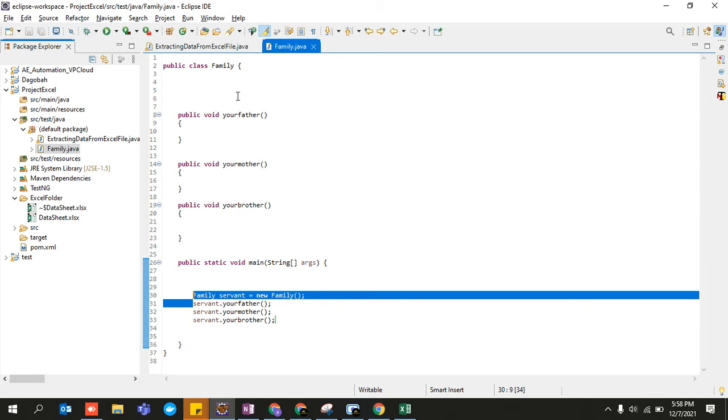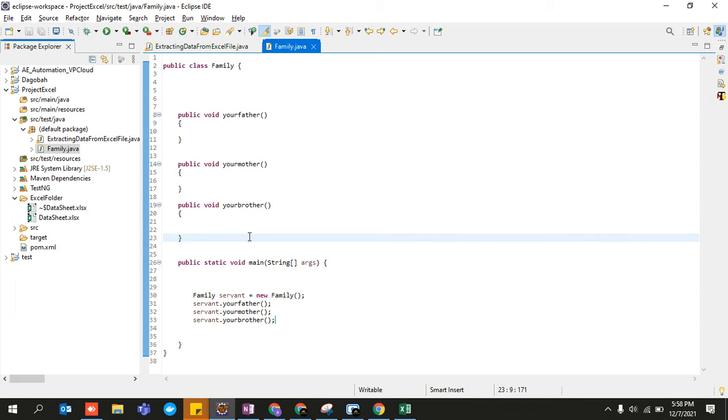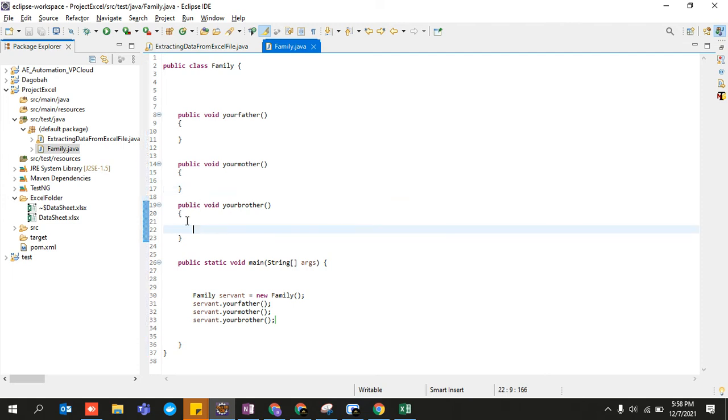Just imagine, I know this is a weird kind of example, but I love taking weird examples because it gets stuck in your mind. If you always take a technical example, let's say create a sum and create multiplication, and your mind tries to become too technical, you won't grasp anything.